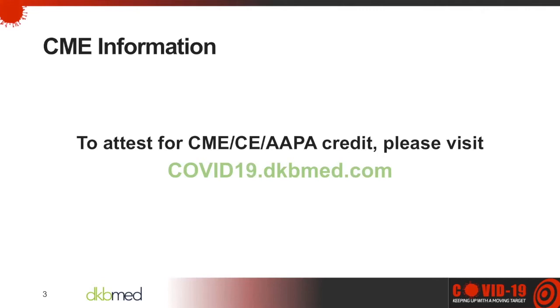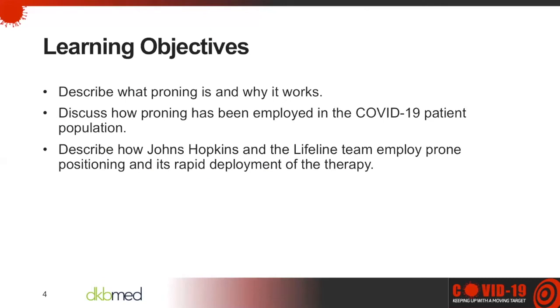The slides for today's webinar can be found in the resource list window and as a green icon in the bottom menu. Today's learning objectives are: describe what proning is and why it works, discuss how proning has been employed in the COVID-19 patient population, and describe how Johns Hopkins and the Lifeline team employ prone positioning and its rapid